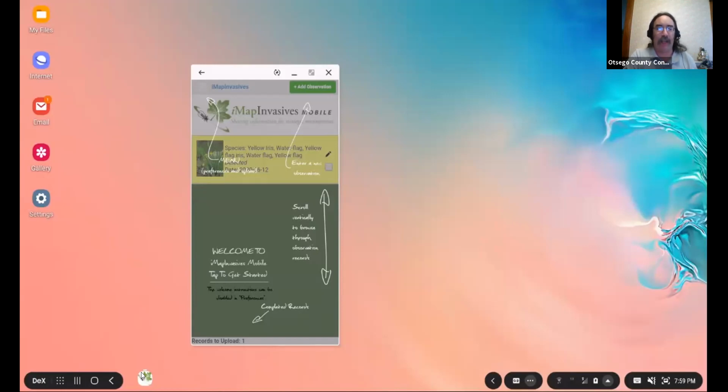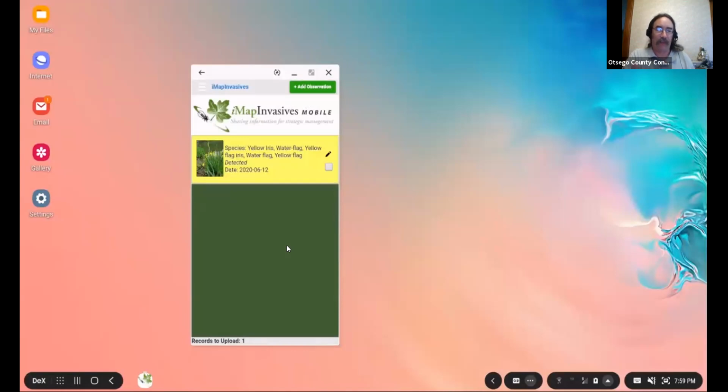This is what you get, and it's kind of nice that they show these little features that point to where everything is: your menu is here, to add an observation is up here, and how to navigate. Then all you have to do is tap anywhere on the screen. Yours is probably a blank green field with the header bar up here.